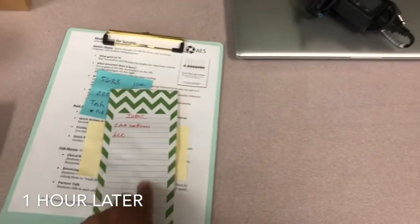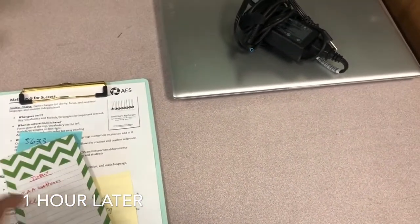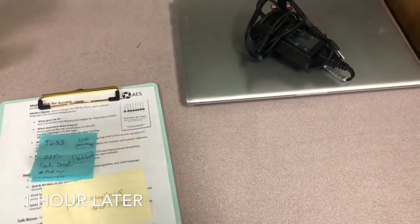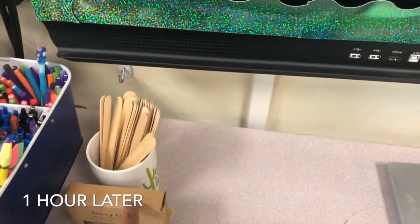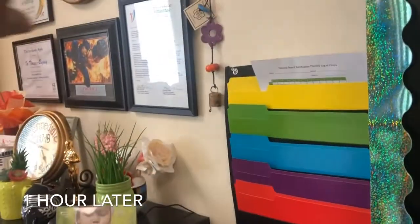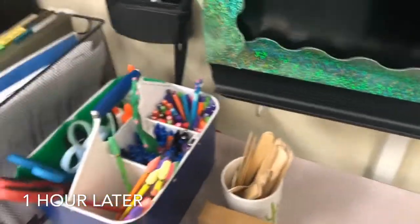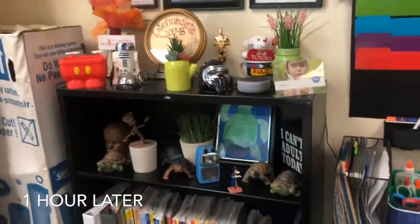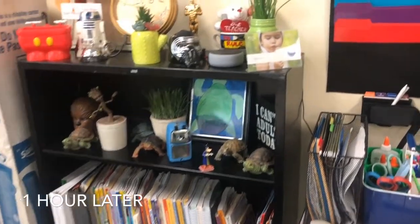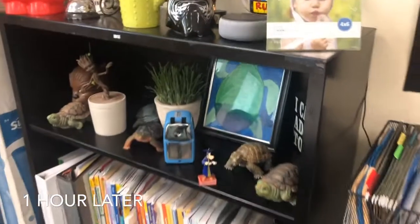I have a to-buy list right here, some important information pieces that I need to call and follow up on. I'm gonna try to find a place for these twinkly lights. I might put it up there, around there. And then my equity sticks. And then my personal area over here is kind of coming together. I need to find the picture that I have of my daughters. It's somewhere in my house. And then